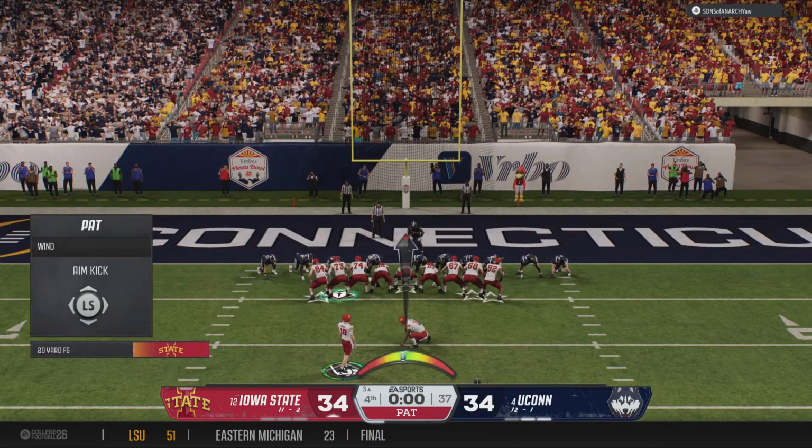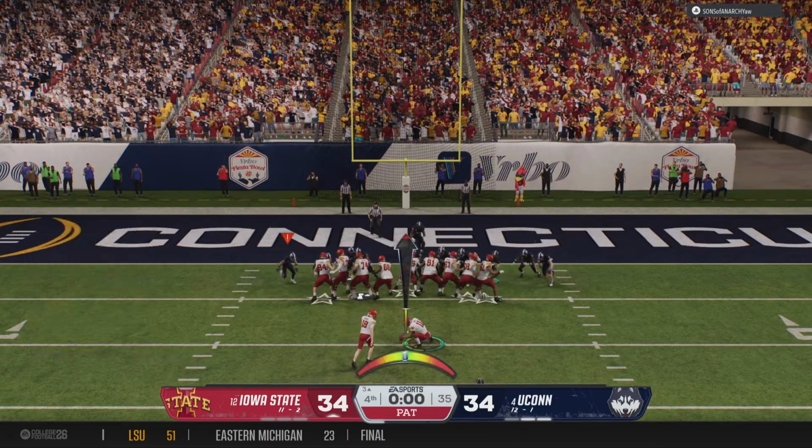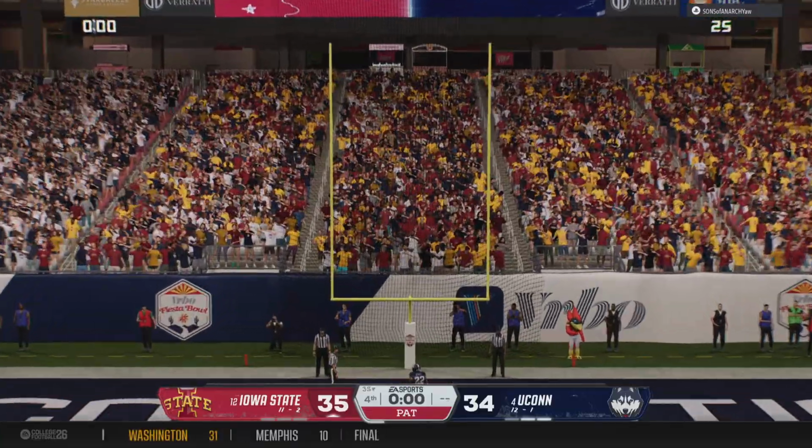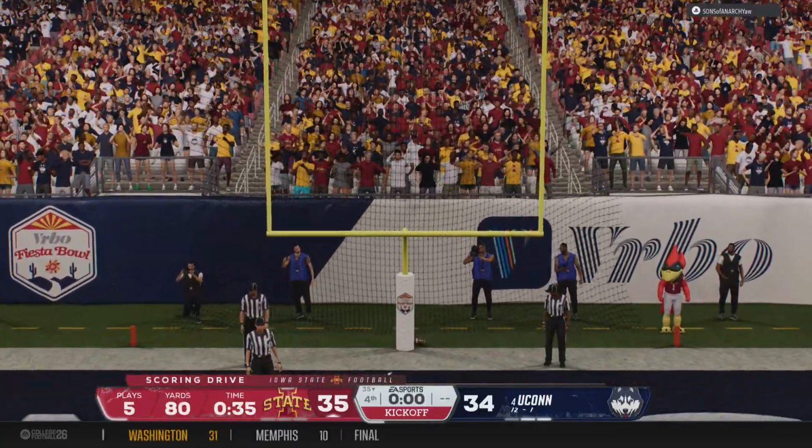0-0 on the clock. They can win the game by converting the PAT. He's got it. The kick is good, and we have a